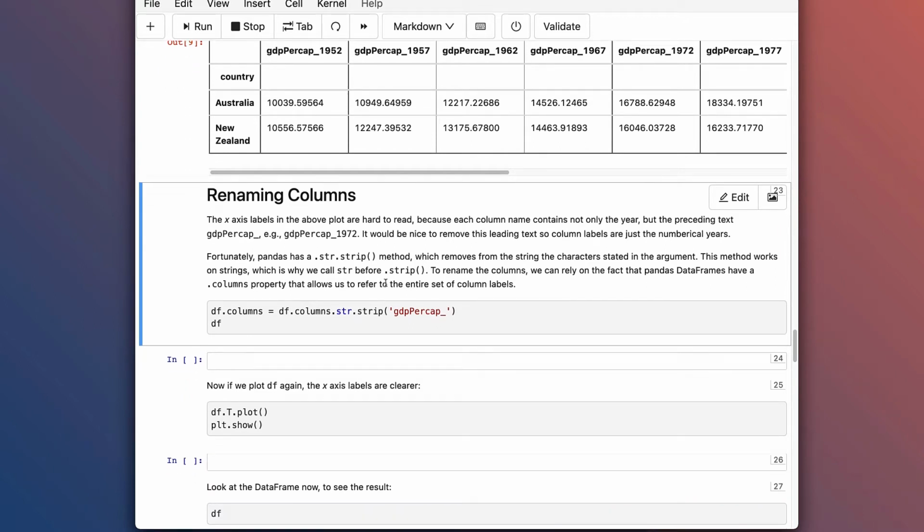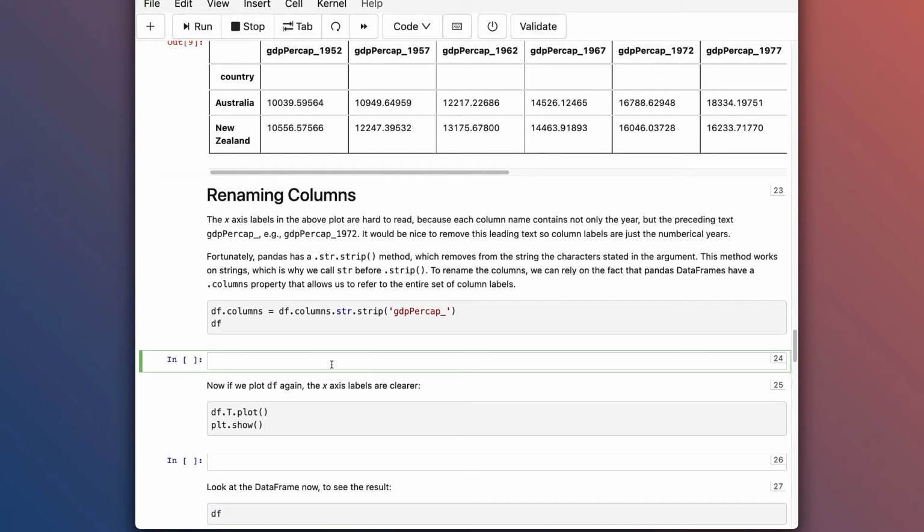You can batch change column names in Pandas. So df.columns refers to all of the columns in Pandas. And you can see I'm putting that on the left side of assignments. So I'm modifying the columns. And I'm going to say that the new value of df.columns is equal to df.columns, so the original value,